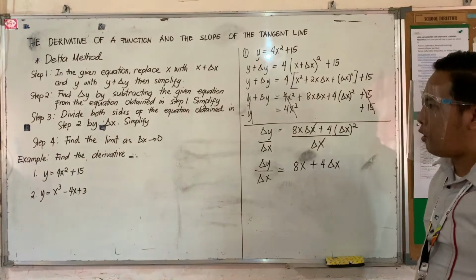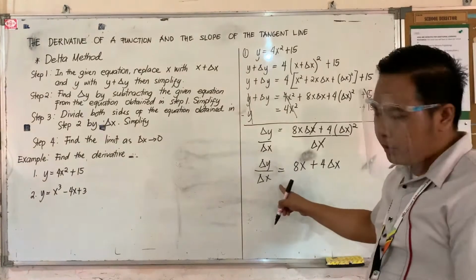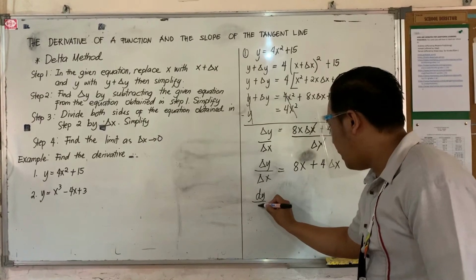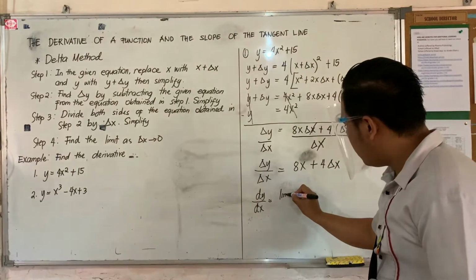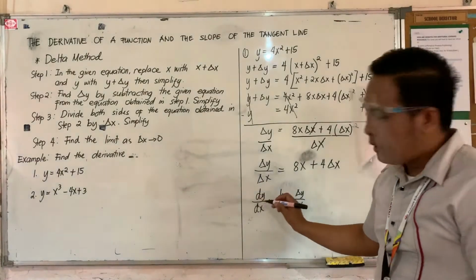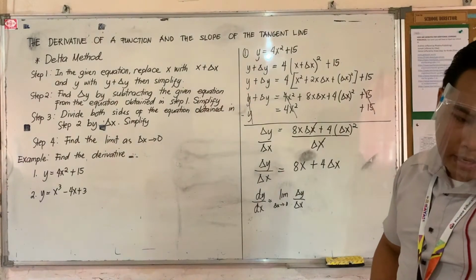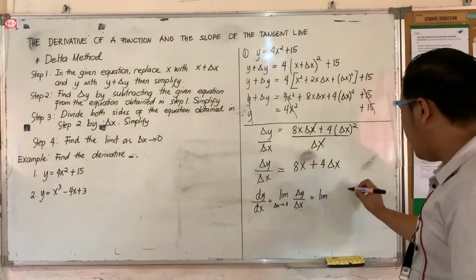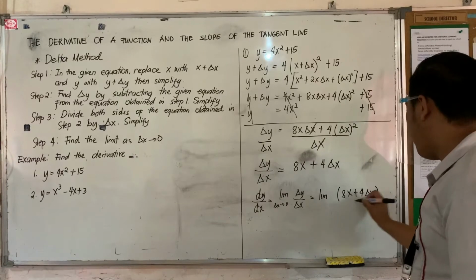Okay, then step 4, find the limit as delta x approaches 0. So, anong mangyayari for step number 4? Okay, so we are now dealing with the derivatives. So, we have dy dx is equal to the limit of delta y over delta x as delta x approaches 0. Okay, then we have now the limit of the equation obtained, which is 8x plus 4 delta x as